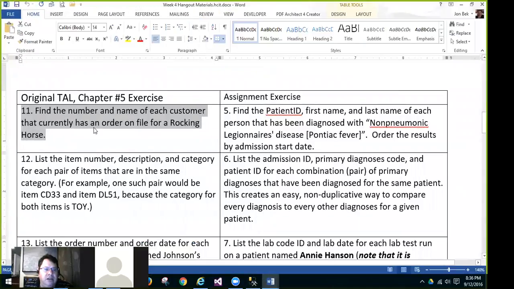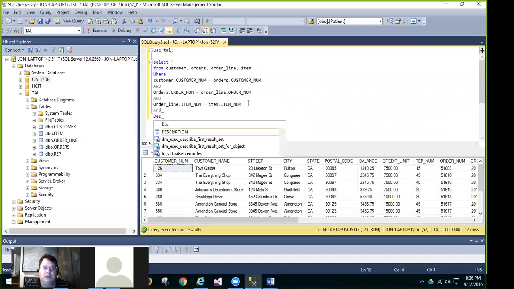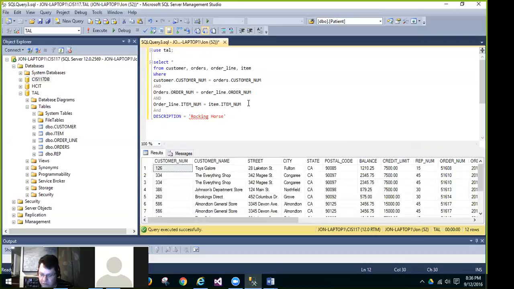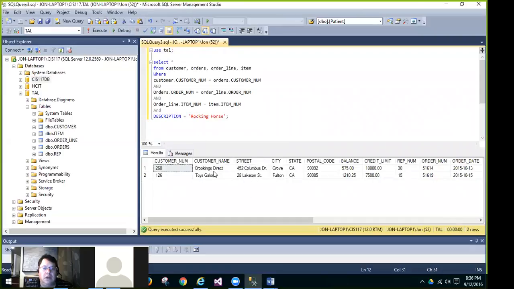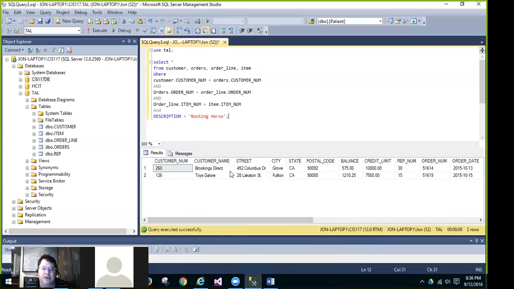Find the name and number of each customer that currently has an order on file for a rocking horse. Okay, so I need to add another filter criteria here, and the rocking horse description name that comes out of the description field. Okay, so this is giving me, in essence, the solution, but I haven't trimmed it down to only the required